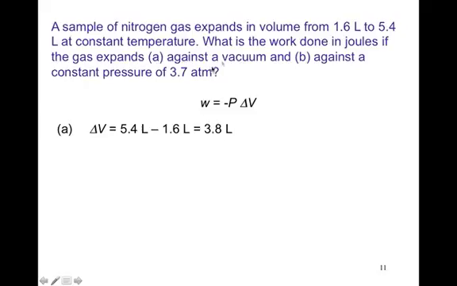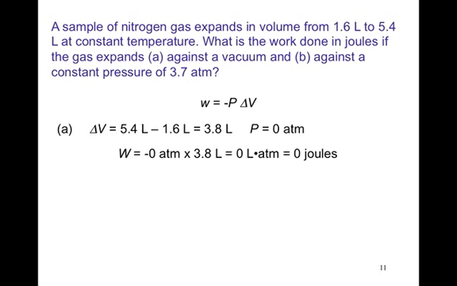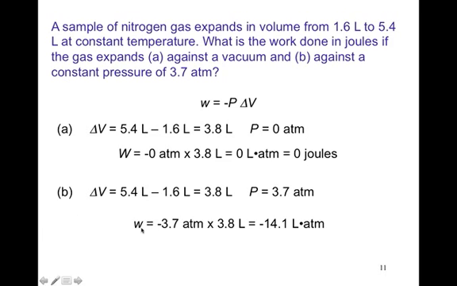Now, for A, it asks us to expand against a vacuum. So what's the pressure in a vacuum? Of course, the answer is 0. There's no pressure in a vacuum. And so anything multiplied by 0 would be 0. So if a gas expanded against a vacuum, it would be 0 joules because it's not doing any work against the vacuum. Now, if we did do it against the pressure for B, 3.7 atmospheres, then it would be our 3.7 atmospheres, our 3.8 liter change from before. And we would take work is equal to negative pressure multiplied by volume change, and we get a negative 14.1